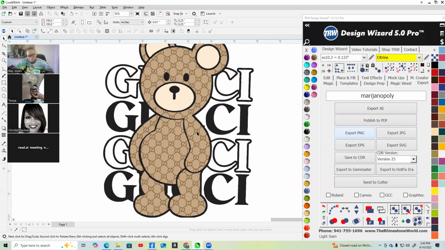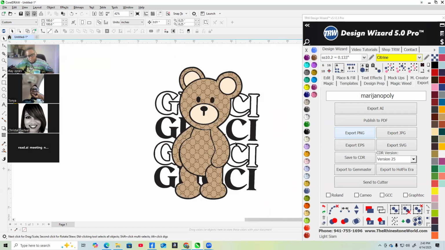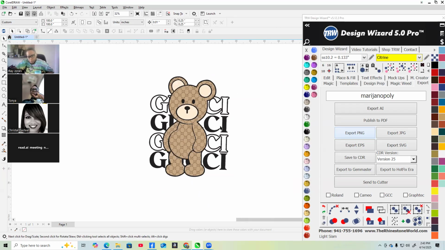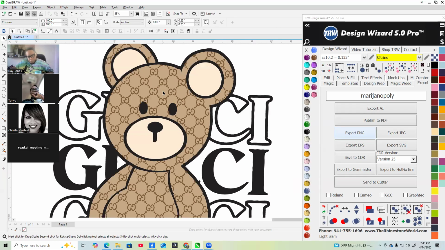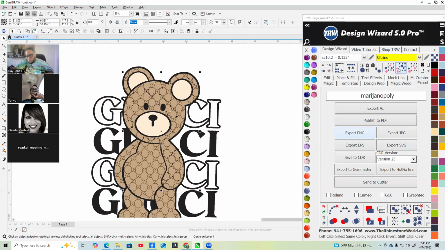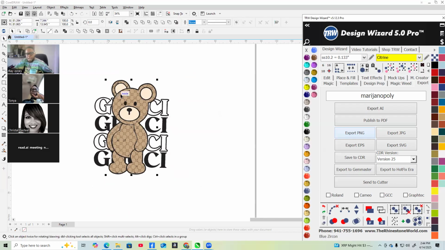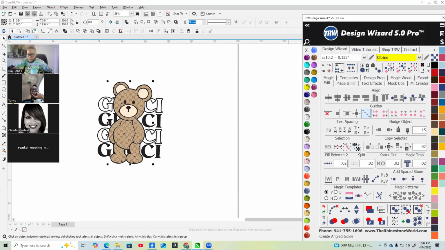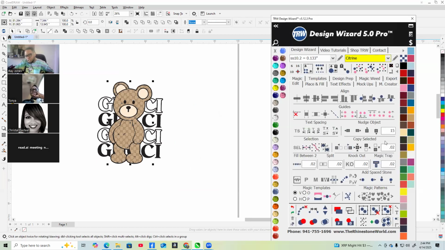So what I like to do when I get started with any image is group all of my colors together. I do that by clicking on a color, selecting all of the same color right here in the center. Boom. And I learned this trick. This trick is a helpful time saver. I got this nudge object, which is located in the edit tab. I have my nudge object set on 15. And what that does is,